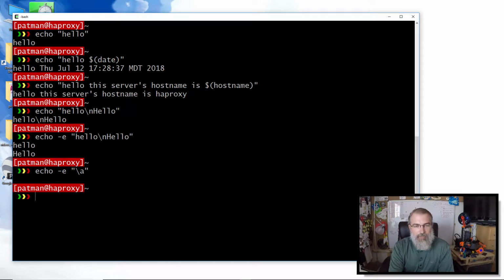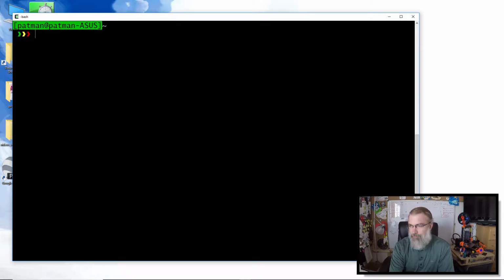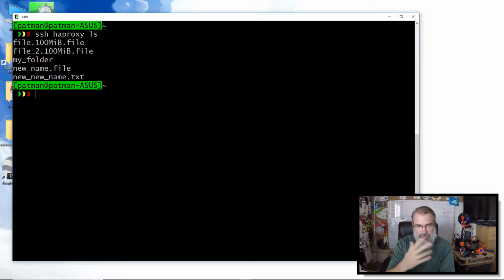Okay, secure copy is when you're using your SSH to secure copy between servers that you have SSH access to. So I have SSH access to this HAProxy box, but if I clear out of here, so now I'm on my own computer right here, what I can do is start secure copying stuff. So I can say secure copy, well, let me do this so I have it right here, SSH proxy ls. So I can see what files are over there. So I can say secure copy HAProxy